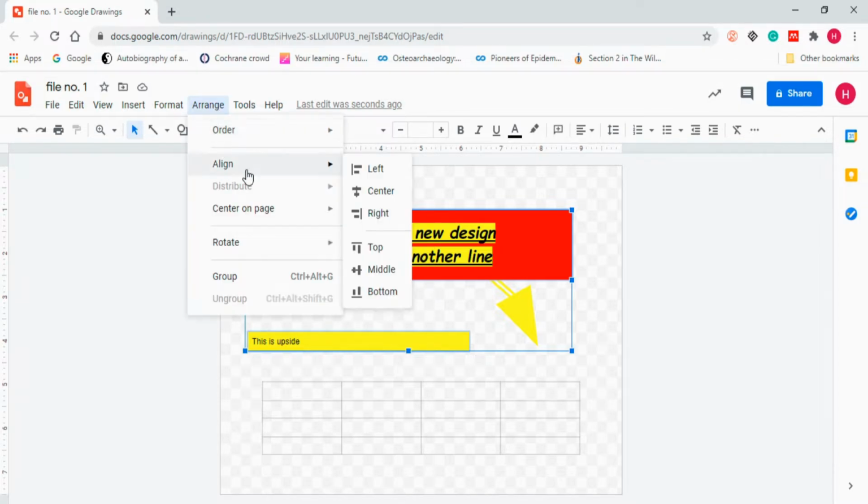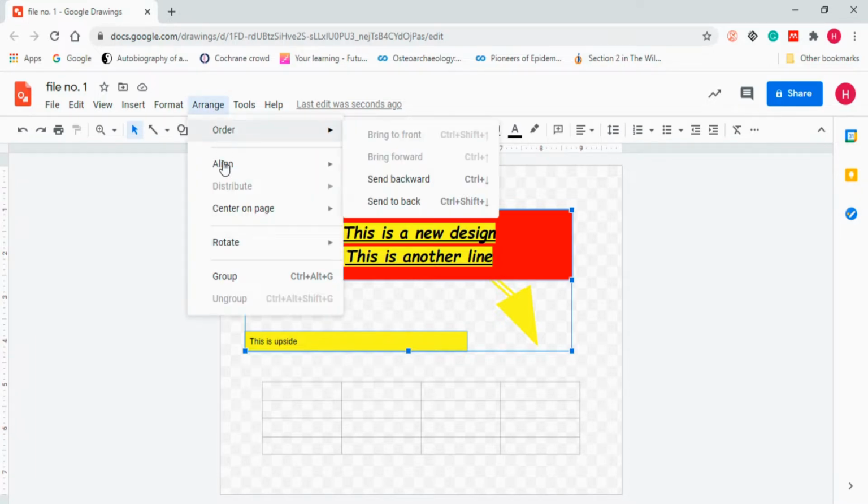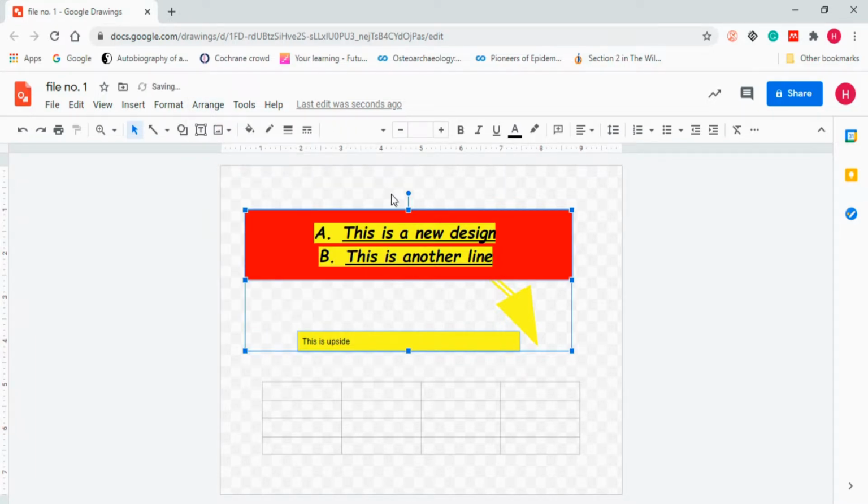Now go to the align, it's a left. Now you can see the part that is just below actually moves to the left. Now let me explain again. Move to the center. Now you will see it actually goes to the center. So this is how it works.